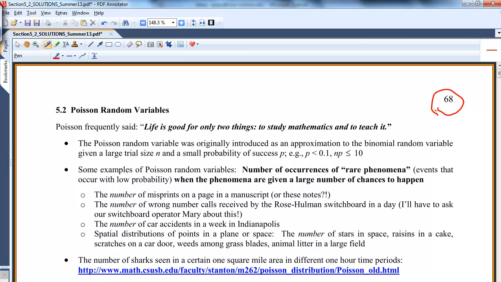We're on page 68, and this is a new random variable. Hopefully what you realized in chapter 4 is that we have these things, X, called random variables that take on random values, and they have probability associated with them. Once we have a random variable, we have things like the expected value, which was in chapter 4. That's, on average, what value does a random variable take on? And we also have the variance: how much spread is there of the random variable about the mean? So once we define a random variable, there are things we can find out about it.